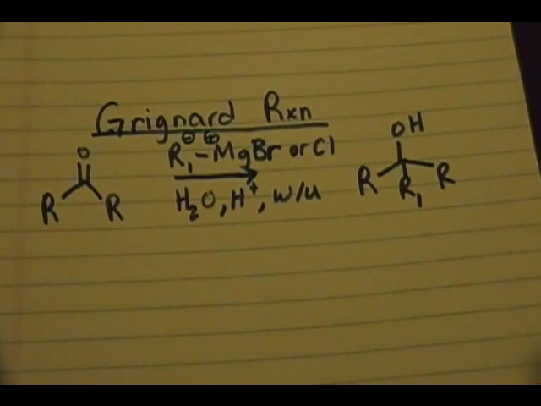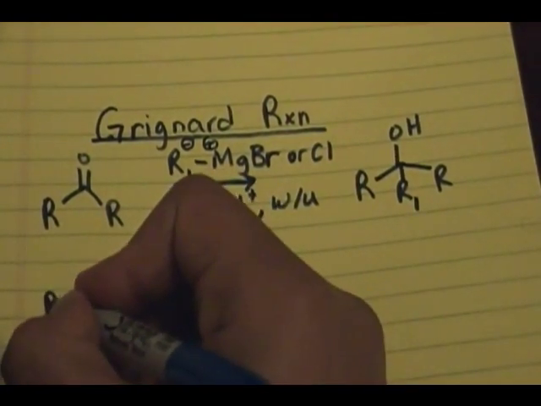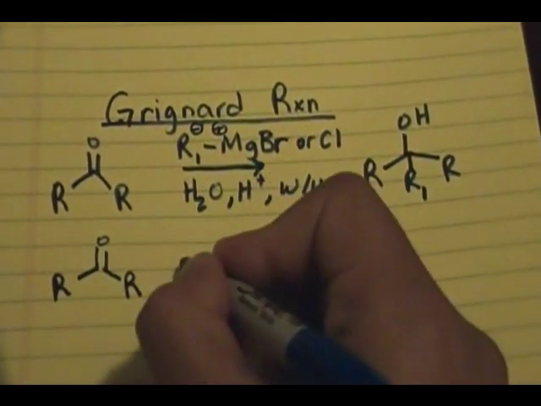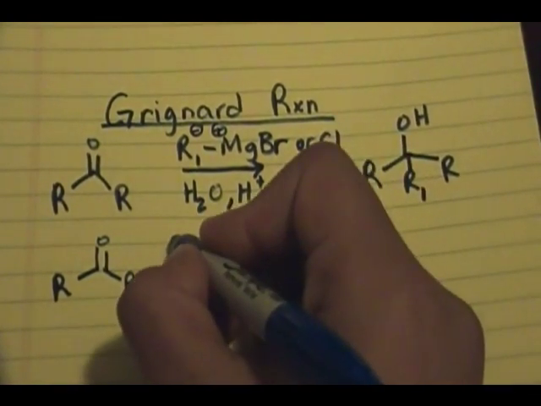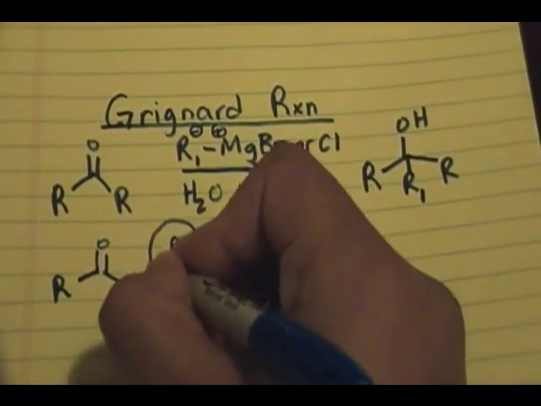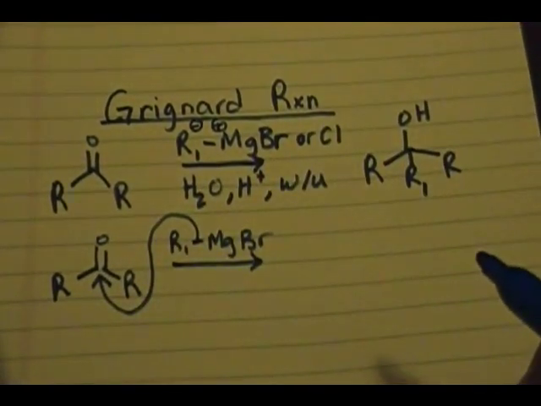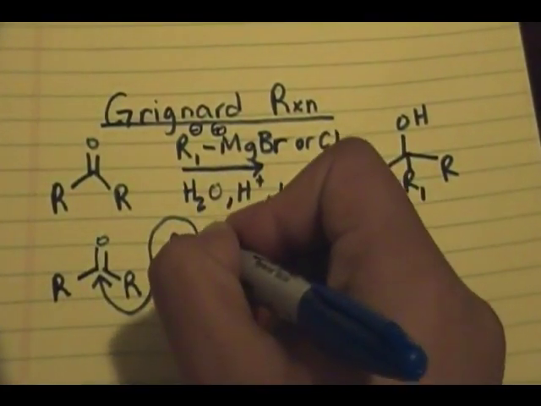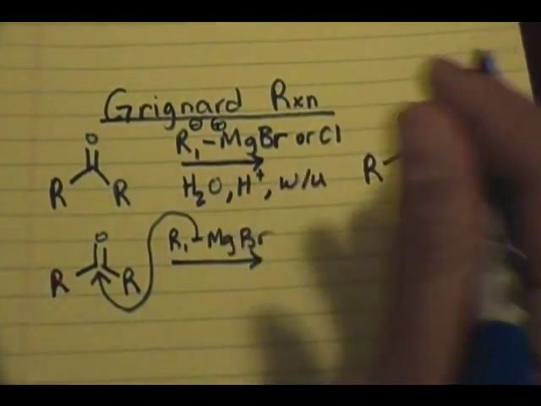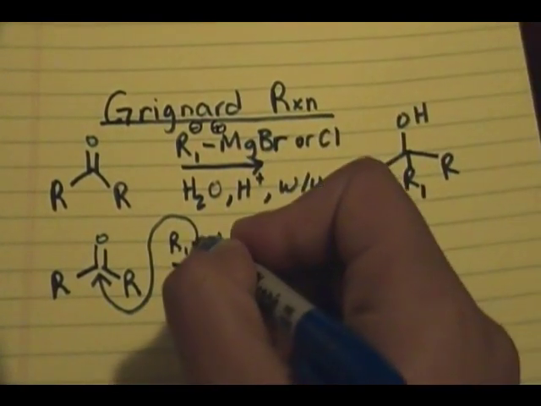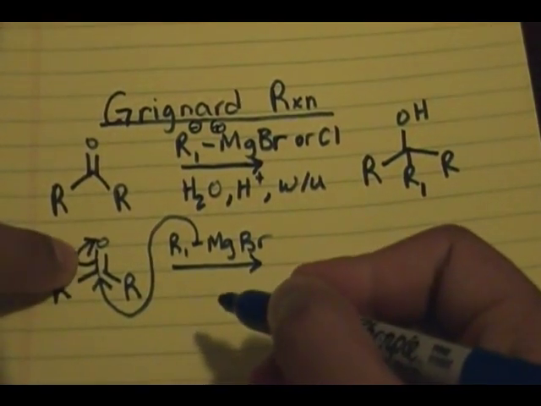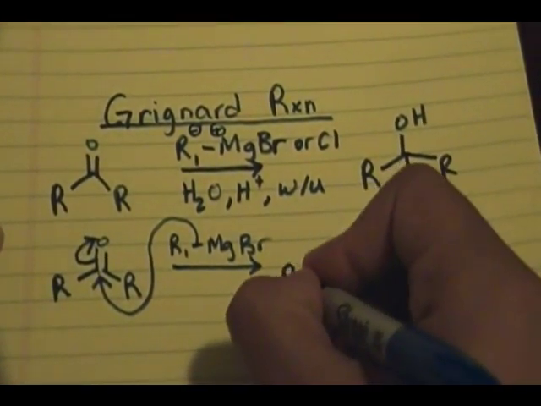And the mechanism essentially for this is pretty simple. You have your R group, this ketone. Very simple. You have R1 MgBr. This will add into the carbon of the carbonyl group. Okay, we show the arrow usually coming from this supposedly covalent bond, but it's not. Don't get it mistaken. It looks like a covalent bond, but it's not. So the arrow comes from here to here, and this double bond ends up becoming a single bond. The pair of electrons go on the oxygen, which results in